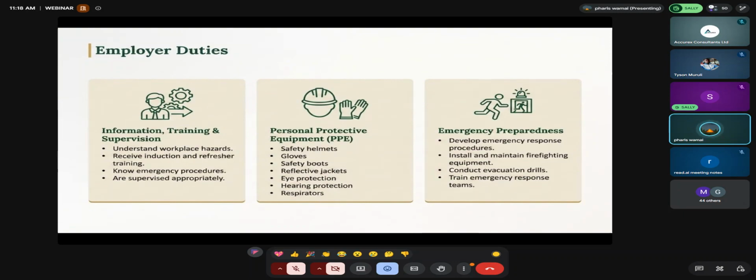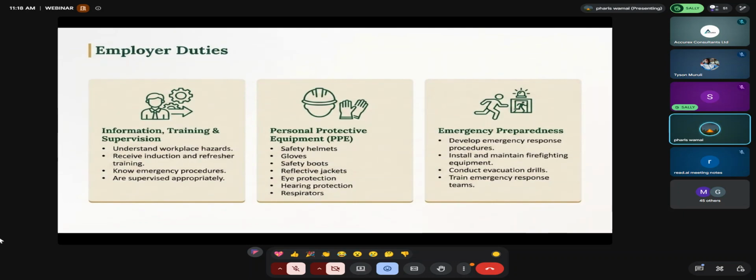Something which is very important and usually escapes many employers is emergency preparedness. I always ask, if you are an employee, whether your employer has told you what is expected of you if, for example, there is fire. In most cases, you'll find that many people are not aware of emergency or fire exits in their own workplaces, or even something as simple as use of